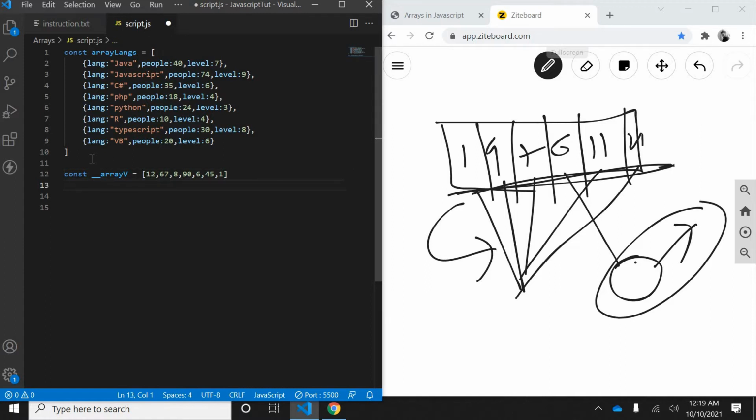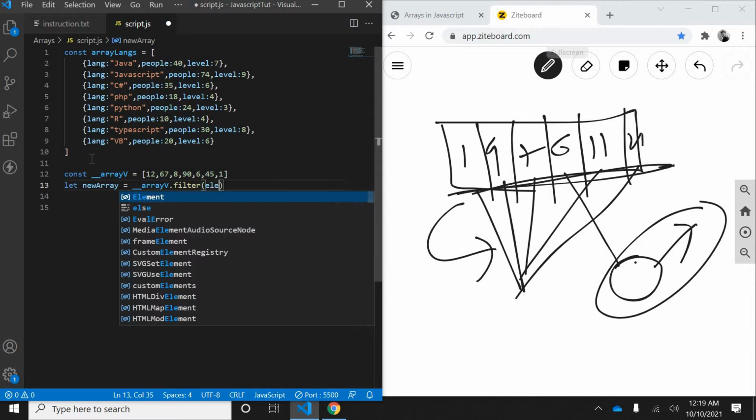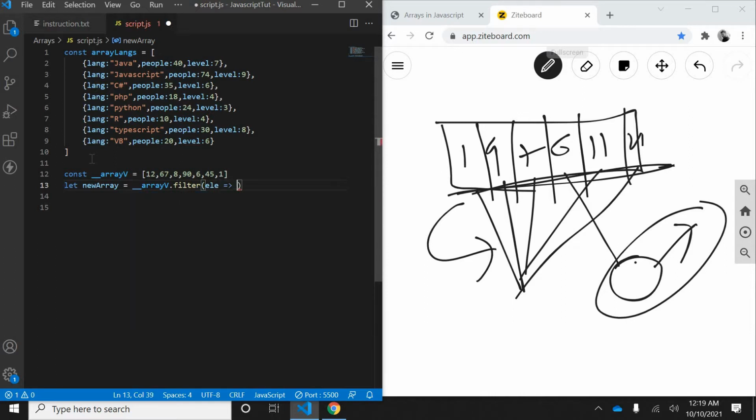Now let's create another variable: let new array equals to this dot filter. Inside this I'll apply the logic. I'm giving an element as ele, then arrow, then my logic.